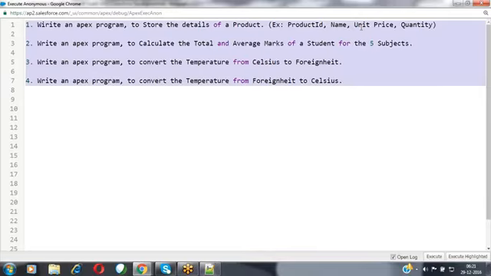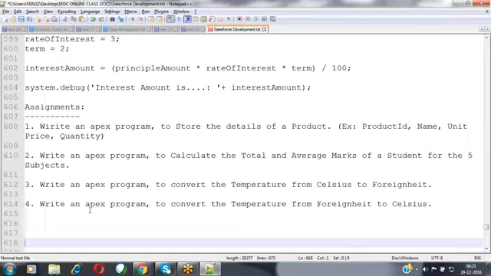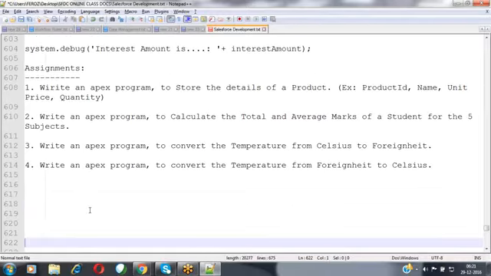From today onwards, every day I'm going to assign some tasks to you so that you can practice. Not only the examples which we have discussed inside the class, you have to do your own examples also so that you feel comfortable with programming. While writing that code, if you're facing any difficulty, no problem, try to resolve it. If you're able to execute the code successfully the first time itself, you won't get more information. If you're getting more errors, then you will get more information and more knowledge.